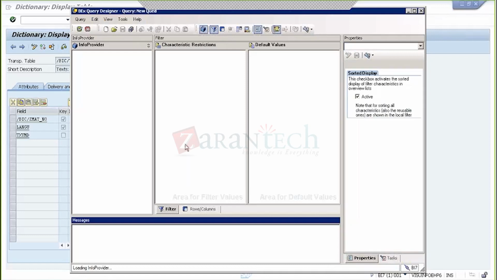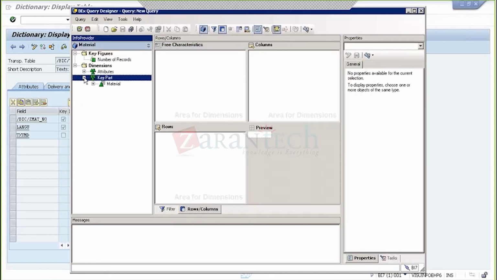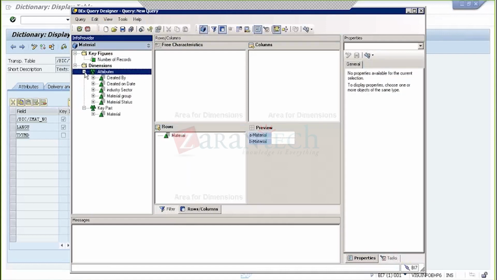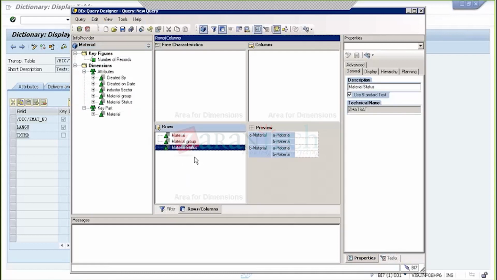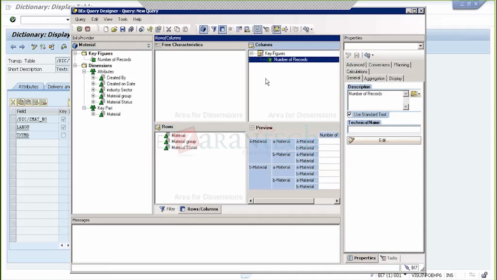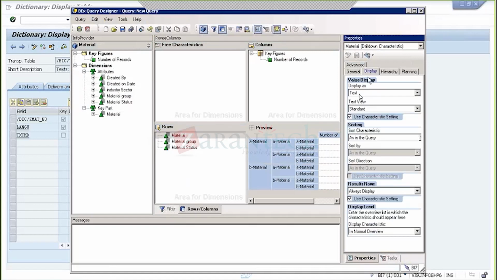Open. Now I'll include material number. Okay. Then attributes, like for example material group, material status. Okay. Then on the material number, I'll go to display. I'll select what do you want to show, both key and text or only key or only text. I'll select key and text,